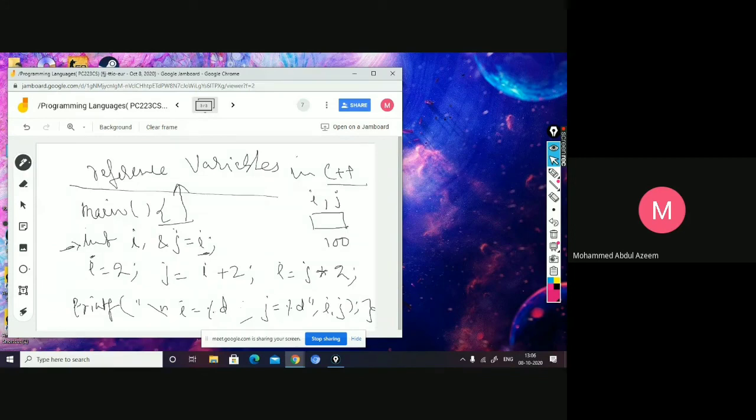It means this memory, I can access through I in the same program, and I can access the same memory with J in the same program, through either I or J. So this is another difference. You may now have got the difference clear between the pointer and the reference. Pointer is explicitly referring, whereas reference is implicit.